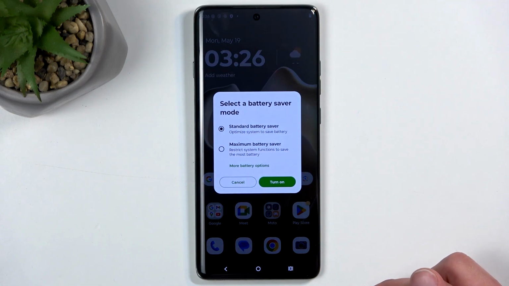First time around, it will give you this pop-up: select the battery saver mode. You have standard battery saver and maximum battery saver. Now, most of you will be only interested in the standard battery saver. This is the one that you're probably most accustomed to, which does things like, for instance, reduces the screen refresh rate, turns on dark mode, and for instance reduces the screen on time,